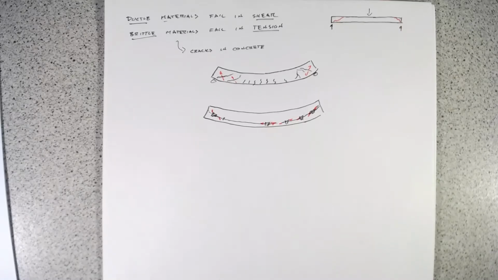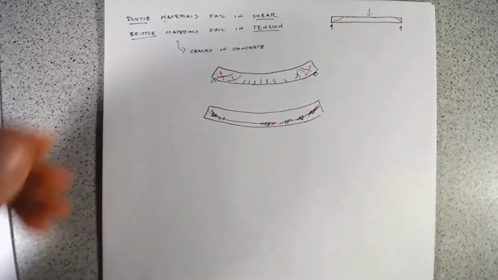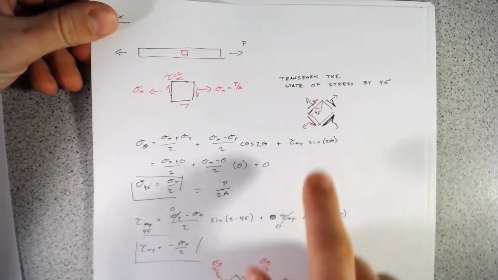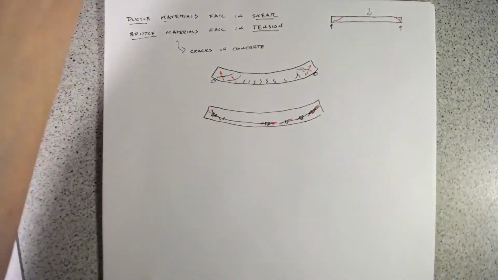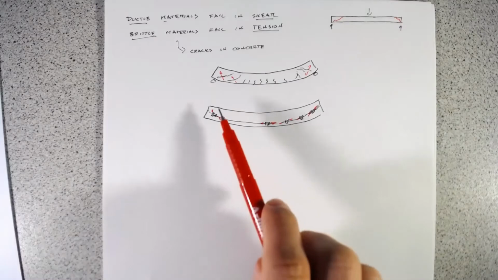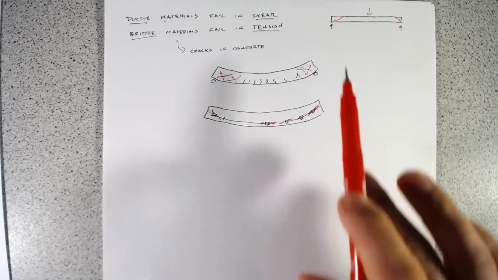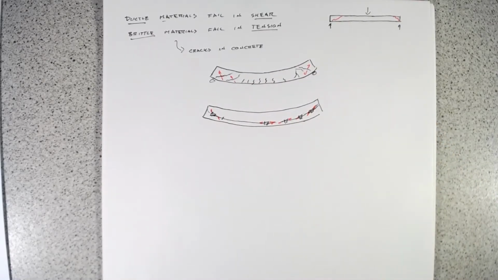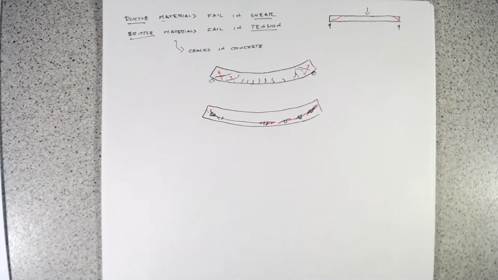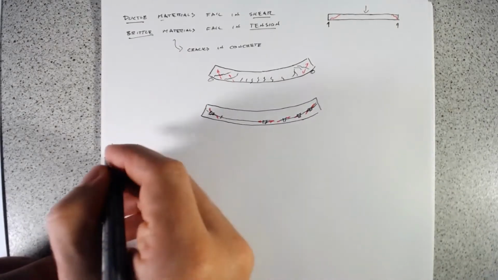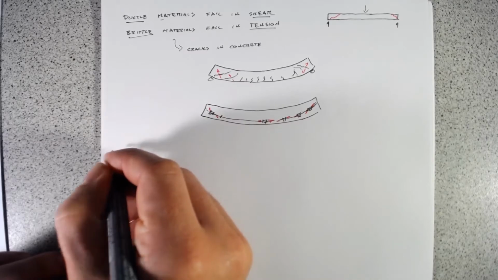And so what we really want to know is less about, well, what's the stress transformation at a particular angle. Rather, what we care about is, well, at what location, at what angle are we going to have these maximum tensile stresses? At what angle are we going to have the maximum shear stresses? And what are the values of those? And so, maybe a way to write it explicitly is,